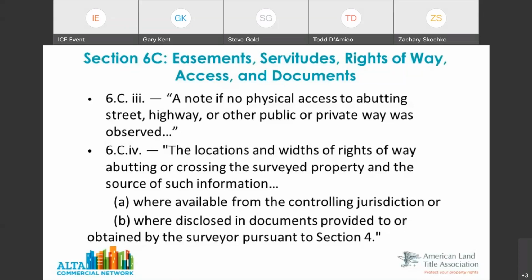So if something simply is a 50-foot easement and it's two lots away, but it was picked up in the title search, the surveyor has the ability to say that that easement does not affect the property. When the surveyor does that, it allows the title company then to remove that from their listing of Schedule B items.